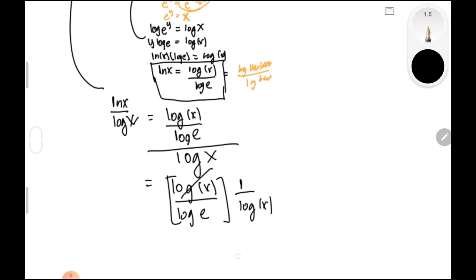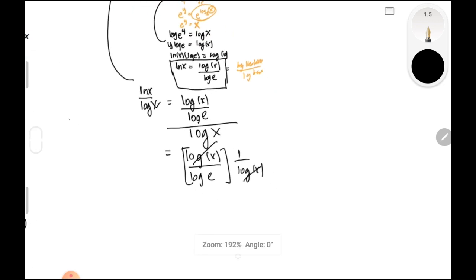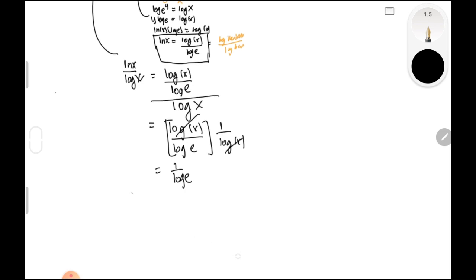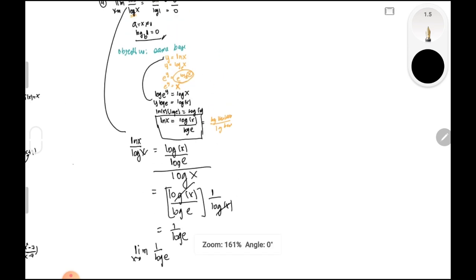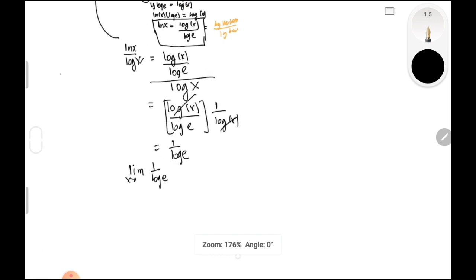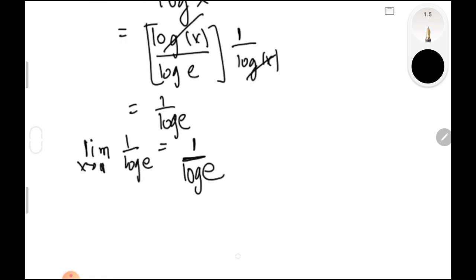So cancelling out your log of x, we have the value equal to 1 over log of e. Okay, so therefore, from this, we may say that the limit of 1 over log of e as x approaches 1 is equal to 1 all over log of e. Okay,